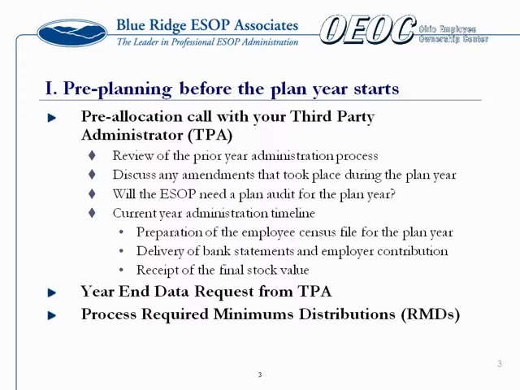Certainly there is a year-end data request. We can gather that up from you in hard copy, or we do have an electronic form that works well. You can be grayed out as to how you filled it out the year before. There is a deadline at the end of the year for required minimum distributions. You get a little leeway for the first time an individual is eligible for an RMD, but on an ongoing basis, that is a hard stop at the end of the year.